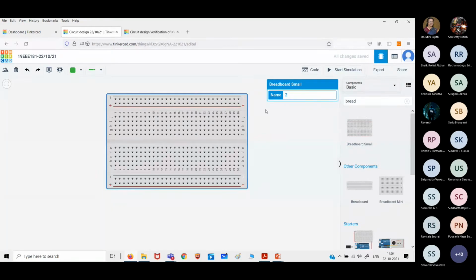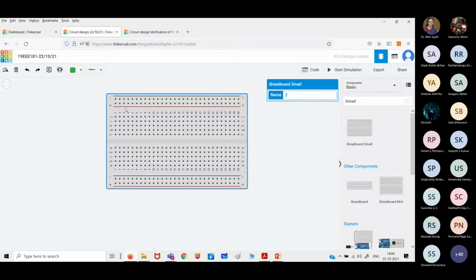But practically, if you come to the hardware lab, there is no cursor. There is nothing which is going to point out that these are all horizontally shorted or vertically shorted. It's not like that. Because it is a simulation package, it directly shows you that all are shorted for one single connection. At any point you can use.